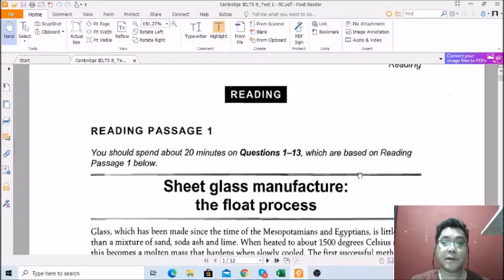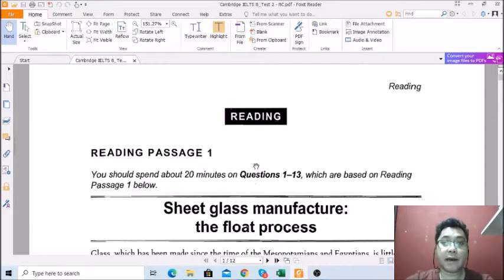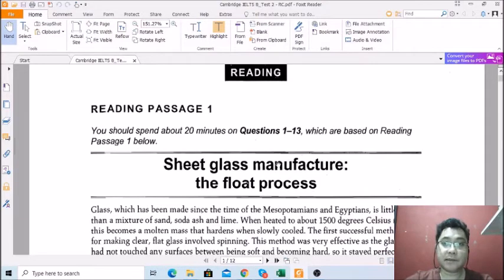Now we will go deeper into Yes, No, and Not Given, or True, False, and Not Given. Here, I just take an example from Cambridge IELTS 8, the second test. In here, you can understand